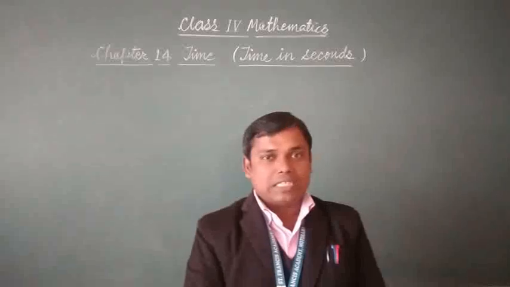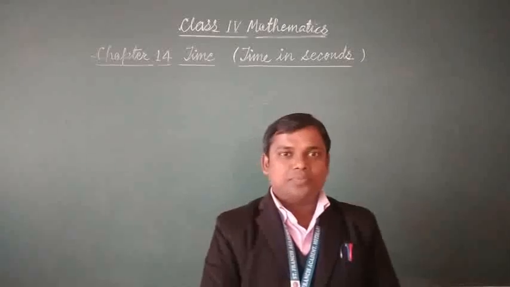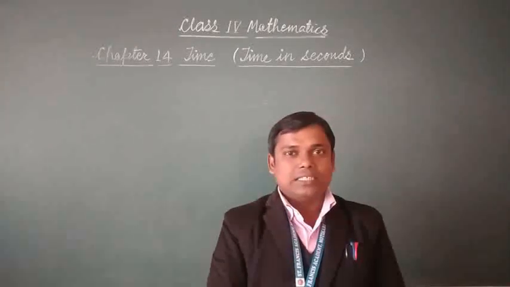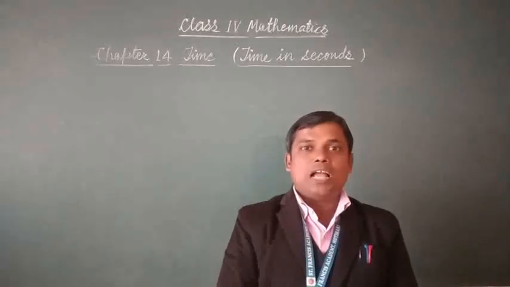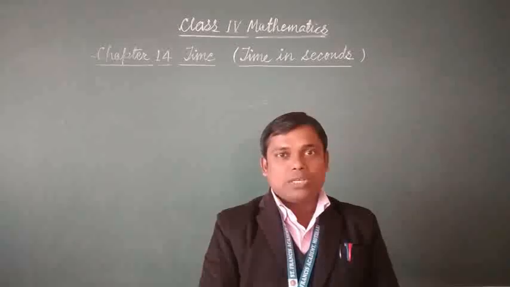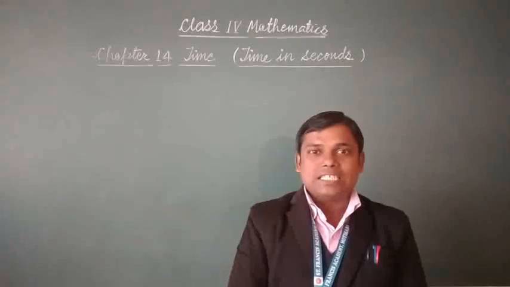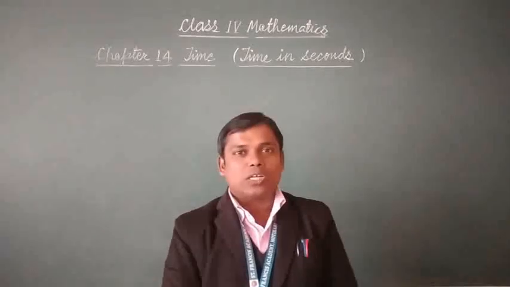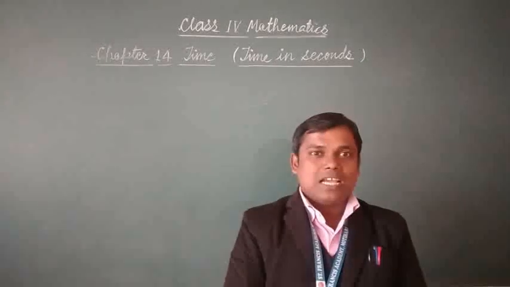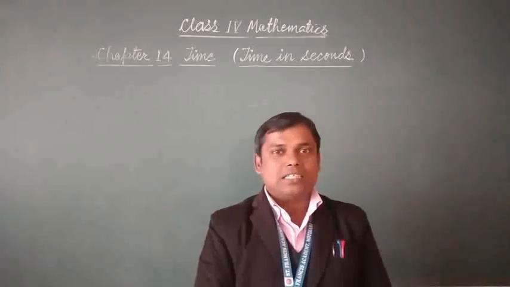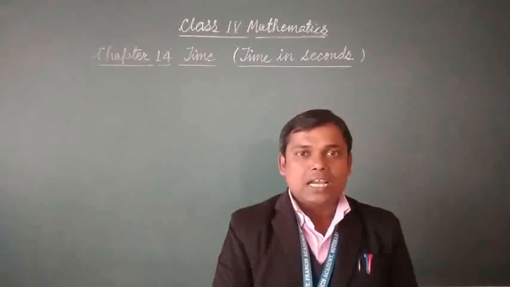We have already discussed there are mainly two hands of a clock, hour hand and minute hand. But today we have to discuss one more hand of the clock, and that is the second hand. You must have seen in the clock the thinnest hand, and that is the second hand. This hand moves faster than the minute hand and hour hand.